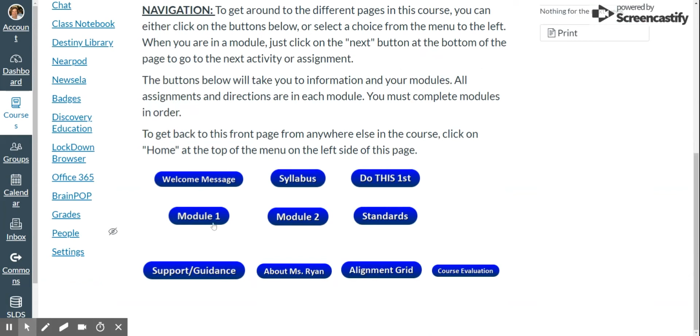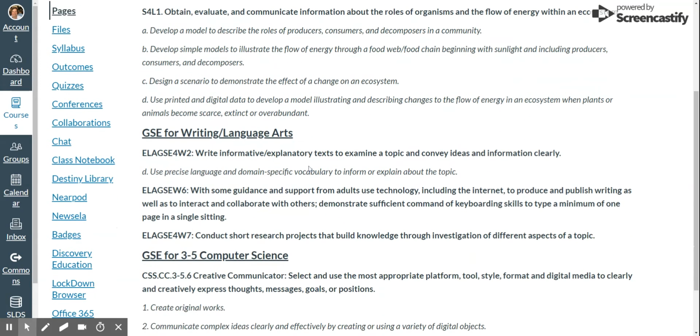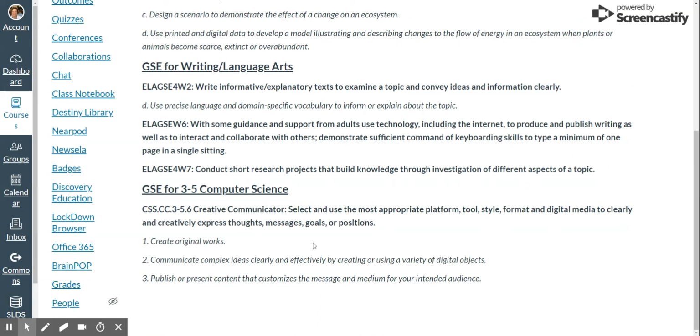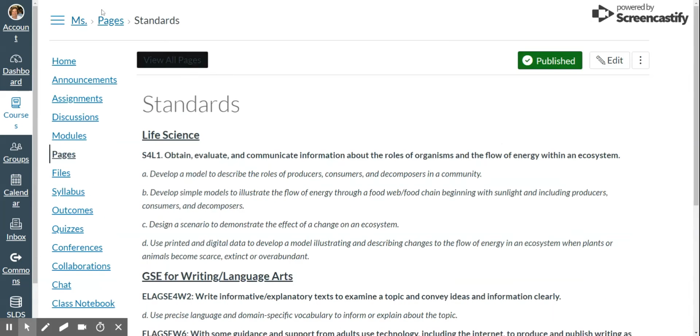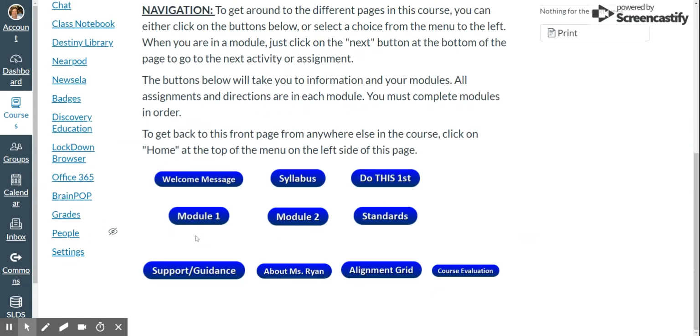And because I'm a special teacher, I figured only to take 2 rotations would work. I can't require my students to do the work outside of class. I can just suggest it. So before we get started on the modules, here are the link to the standards. We have life science, we have writing, and we also have computer science standards. And so when students click on the first module,